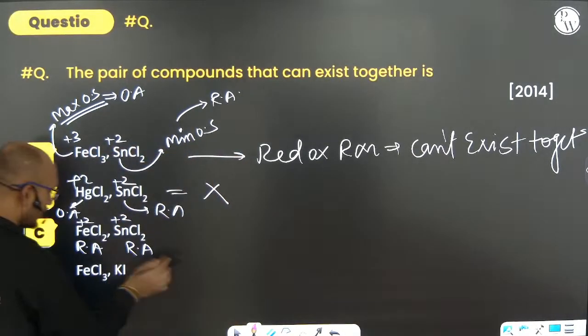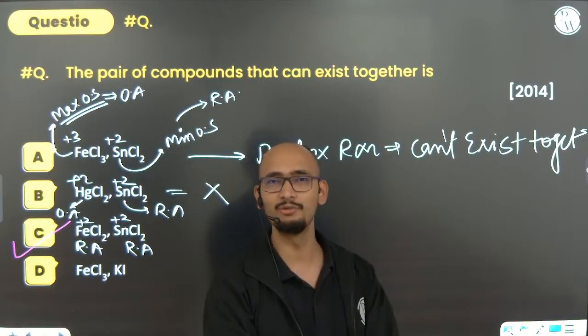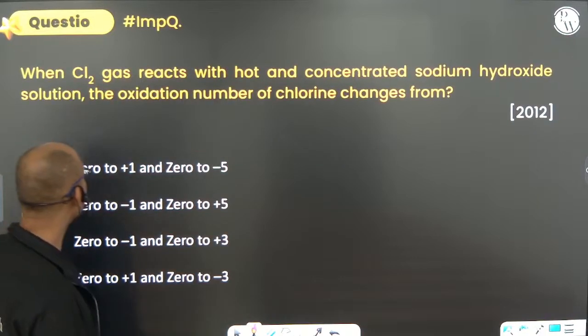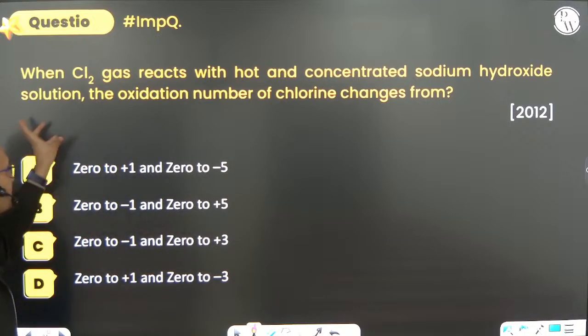So reducing agent and reducing agent have no reaction taking place. Is this clear? Next, when Cl2 gas reacts with hot and concentrated sodium hydroxide, the oxidation number of